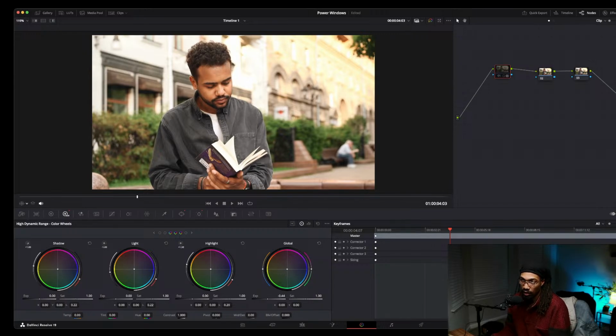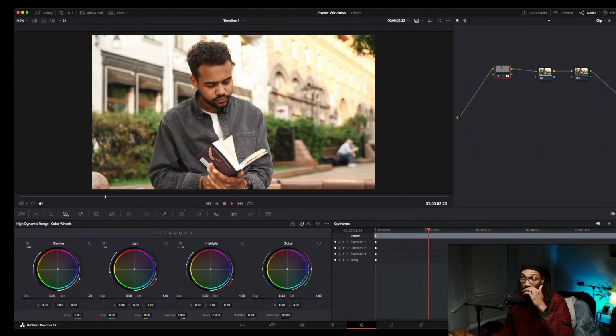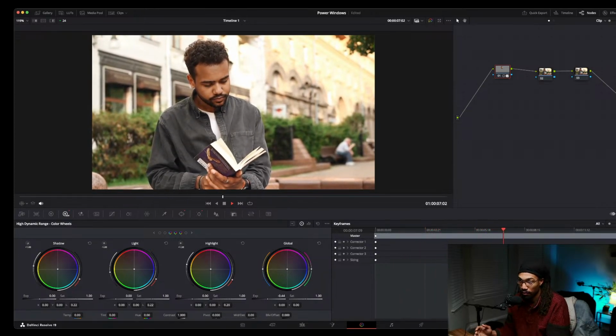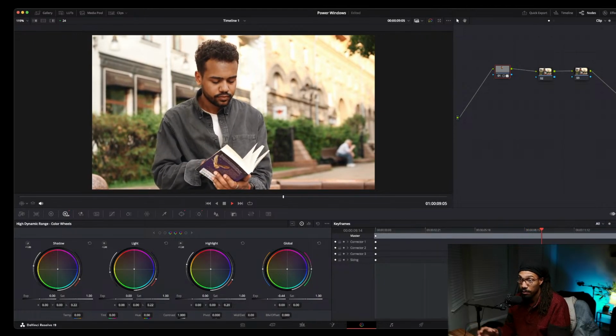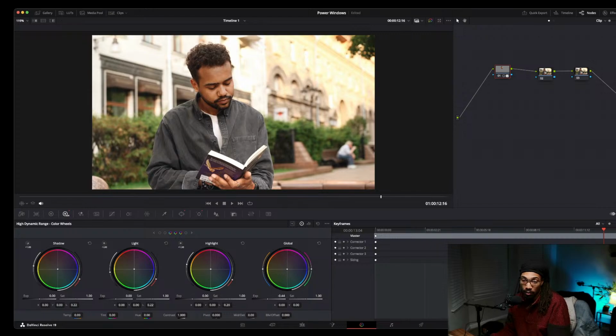So let's just say we're playing it before and after. We're like, all right, cool, yeah, that's what we want. Let's just play it, make sure it looks fine. And it looks good. It doesn't even look like anything's there. That's also the benefit of feathering it, because it helps blend it into the scene a little bit better. So I'm going to go back, put the power window back on,